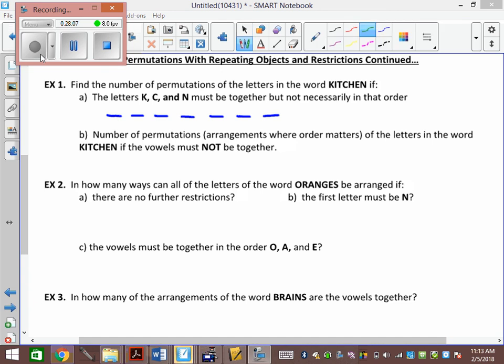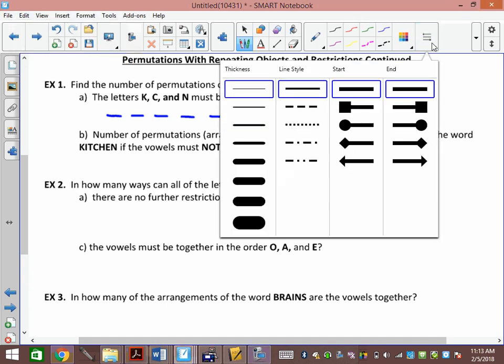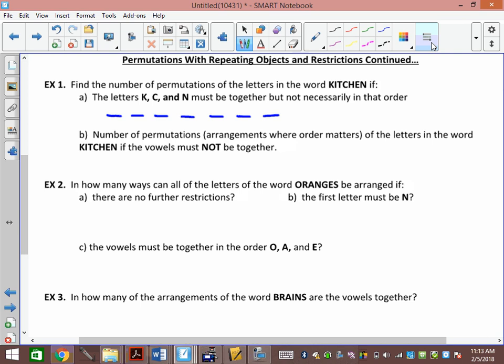But K, C, N must be together. But it doesn't have to be in the order K, C, N. Okay? So the way we do this every single time, pay close attention and it'll be easy for you, is we always lump them together first. Okay? So we're putting K, C, N together. I'm going to put them together here. I'm going to hook them together so that forever they'll be stuck together